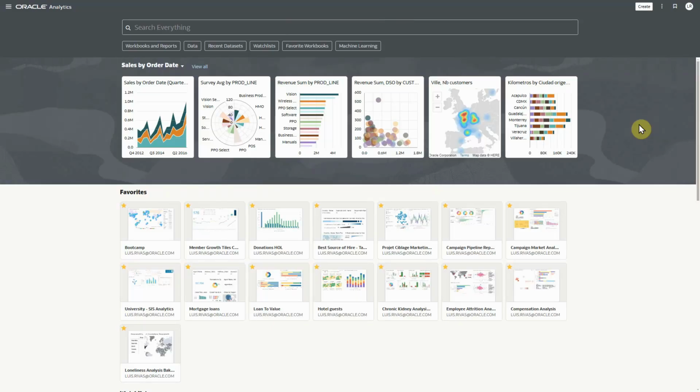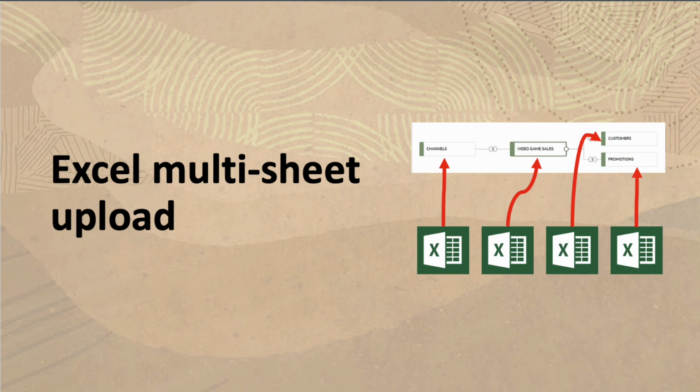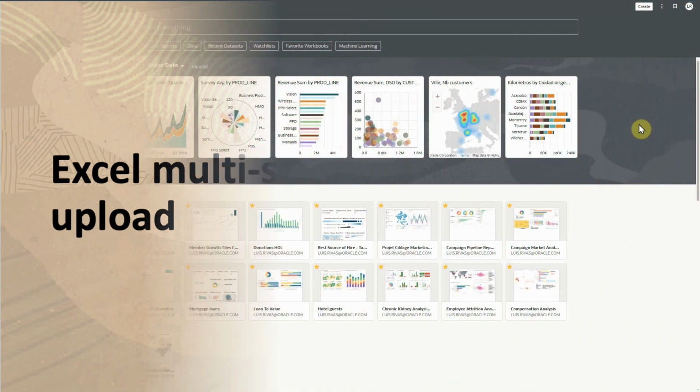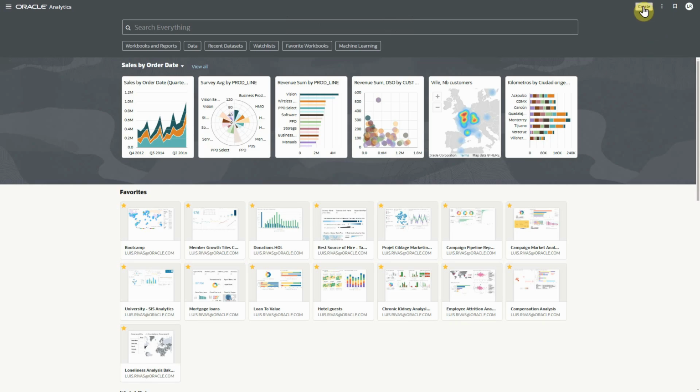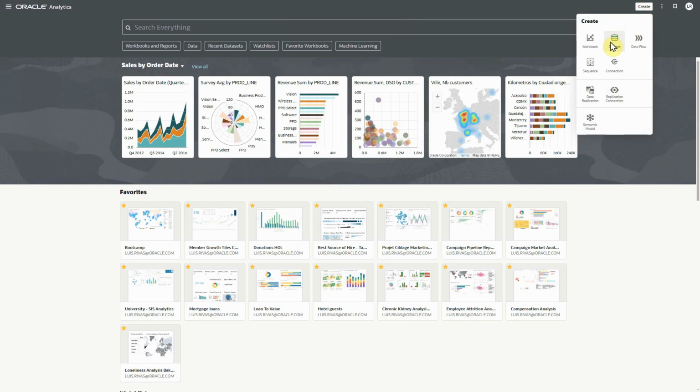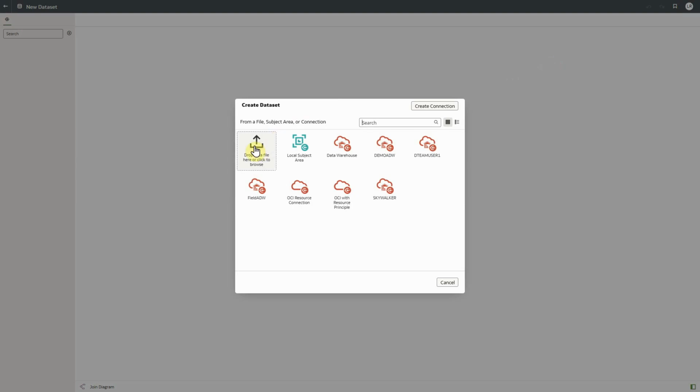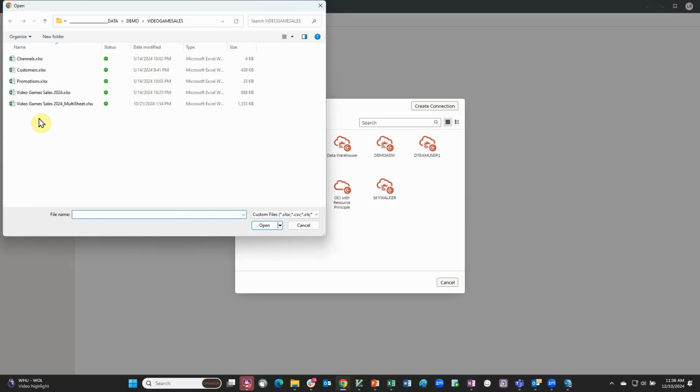Hi there. Today I'm excited to show you how easy it is to import multiple sheets from a single file and create a multi-table dataset in Oracle Analytics, all with just one click. Let's dive in. First, we'll go to the menu and select Create Dataset, then navigate to our Excel file containing